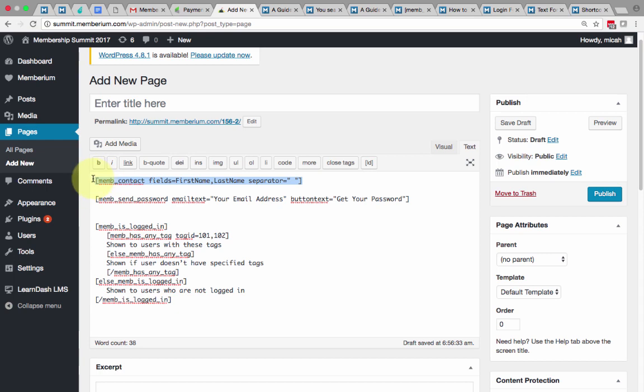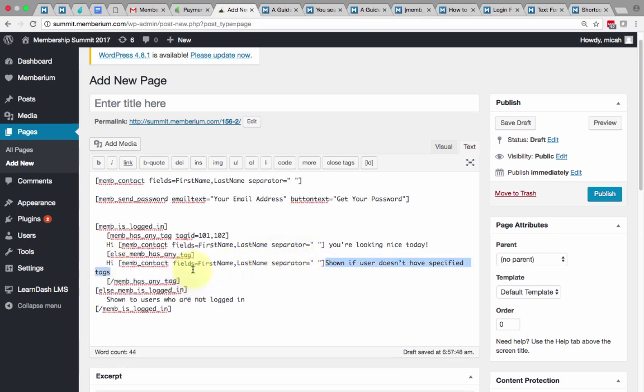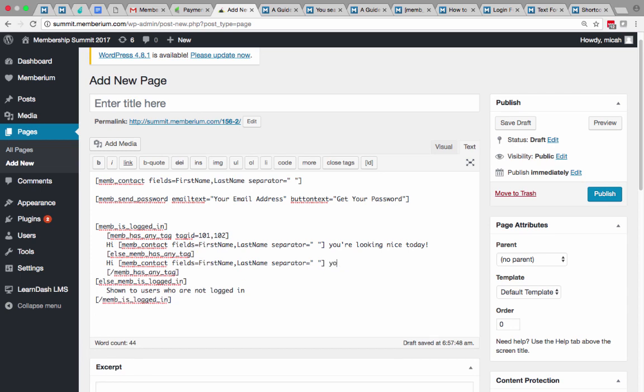So I could take this memb contact shortcode and I could say, where it says shown to users with these tags, I could say hi, and then paste that, which is going to be the first and last name separated by a space. So it'd say, hi, Joe Schmo. And then here it would say, you're looking nice today. And then down here, I could say, hi, again, Joe Schmo. Delete this stuff and say, you don't have the tags. So in this case, I'm nesting a very simple shortcode inside of a conditional shortcode, which is also inside of